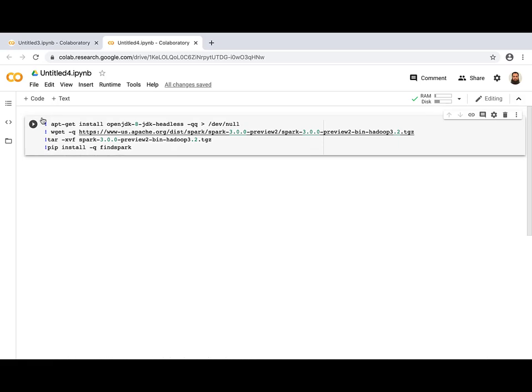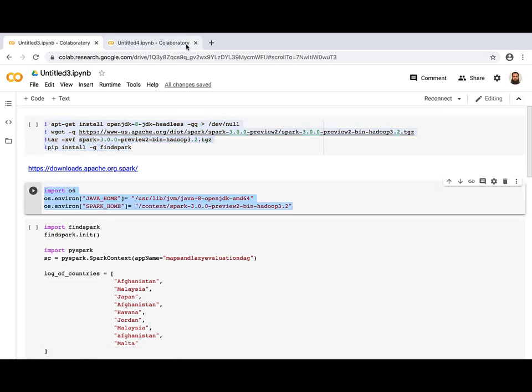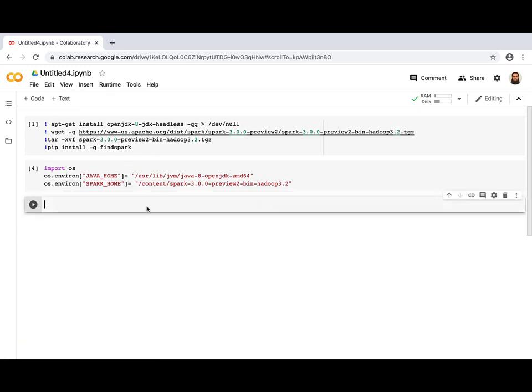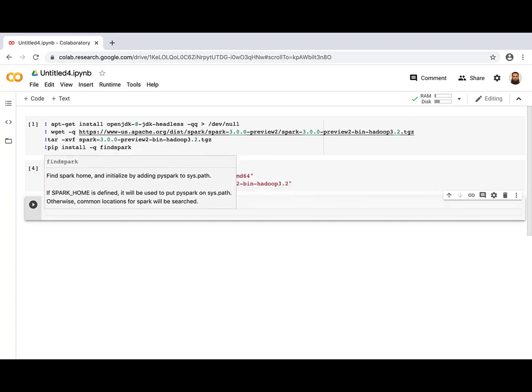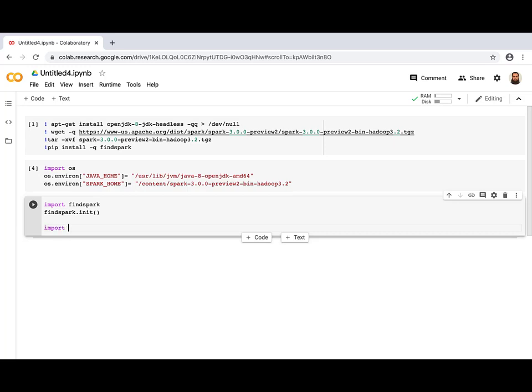I'm just going to close the output, insert another code cell. Again, I'm just going to copy that, setting my environment variables. It's the same steps, not much of a difference. And after this, having imported and set up my environment for my Spark code to run, the next thing I'm going to do is import findspark. As you know, we are running it locally, so I'll import findspark. And of course, I also need to import PySpark,